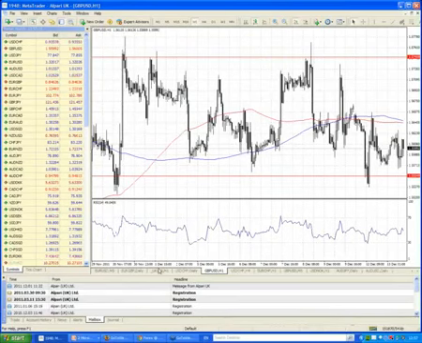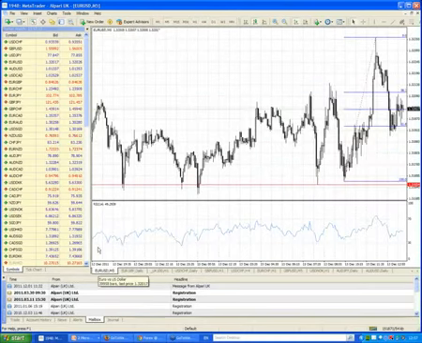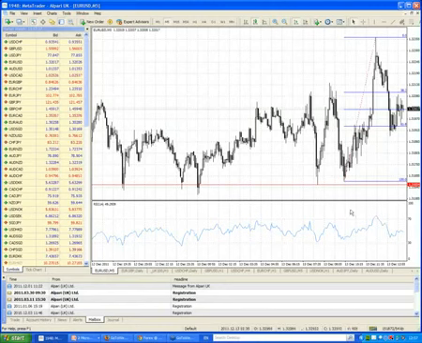Okay, now let's have just a brief look. We're running out of time. Let's have a brief look at an example of these on the recent chart. Now, this is a 5-minute chart. This is happening at the moment. This is the move euro dollar. Okay, so this is the move from earlier this morning.